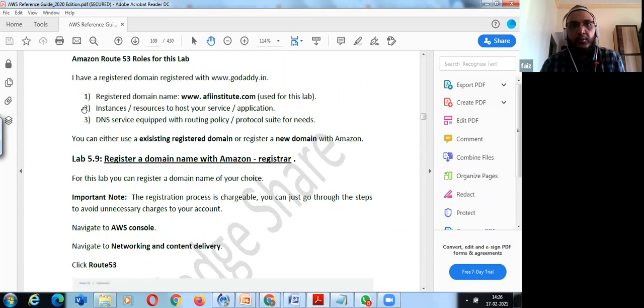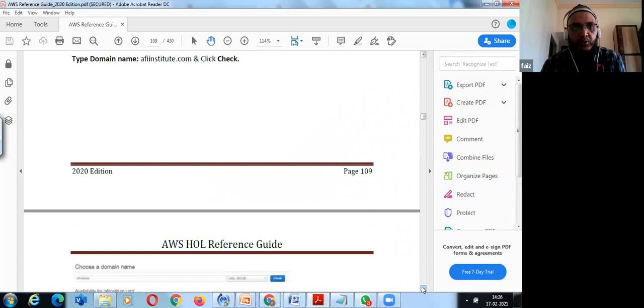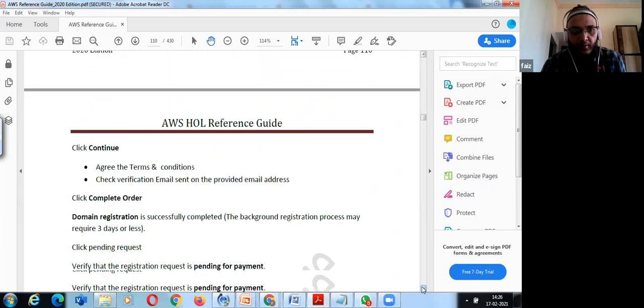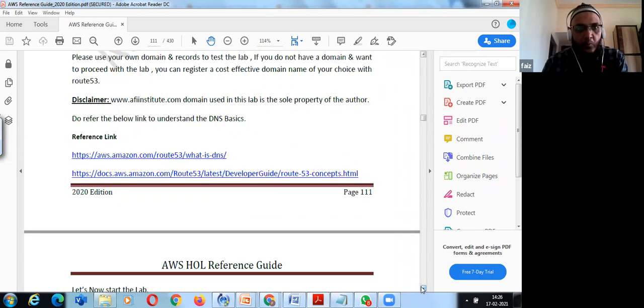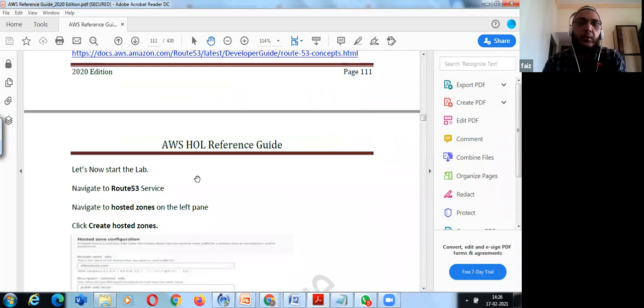So what I did, I registered a domain name using this lab, and the steps for registering a domain are also mentioned over here. I copied my DNS. I routed my DNS and NS records from GoDaddy to Route 53, so that whatever pages and web services I host, my hosting provider will be Route 53.